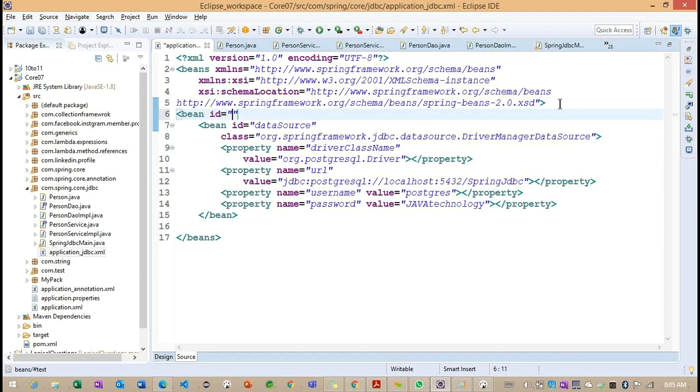The first one again is the bean ID, person service, with class com.spring.co.JDBC.